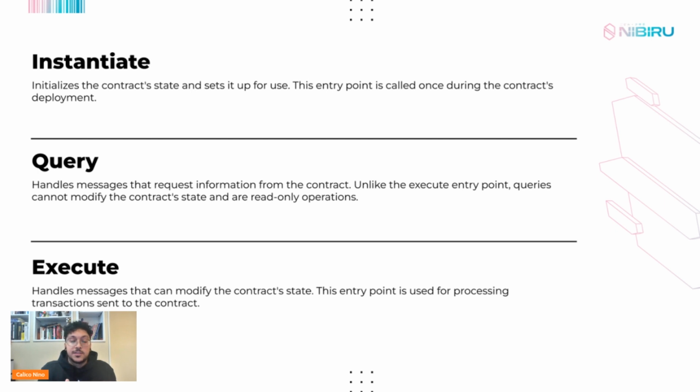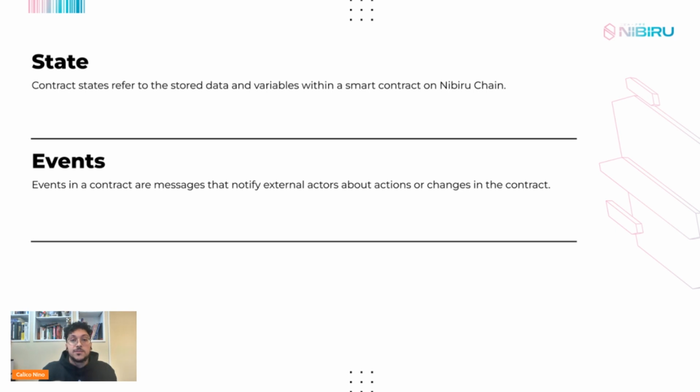These execute functions is where the core logic of the contract resides. Now, the other two features of the Cosmos contracts is the state, which I kind of mentioned a little bit. It refers to the data and variables that are stored under the smart contract. And these represent the current conditions and the status of the contract. They can include stuff like the balance, the ownership details, anything that can be stored, basically, can be stored